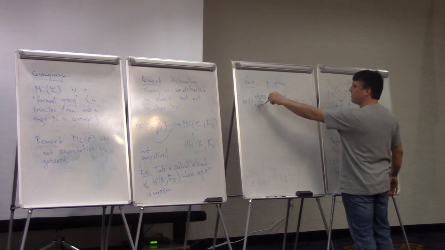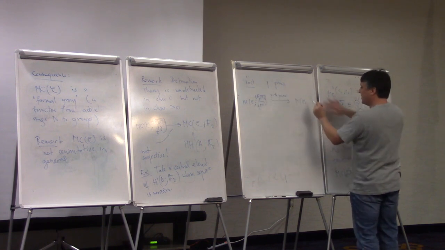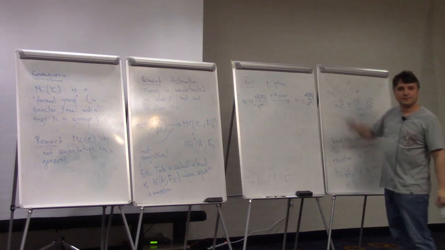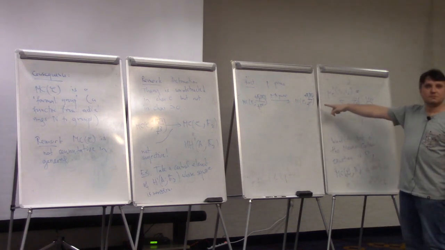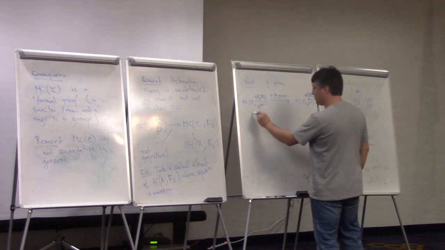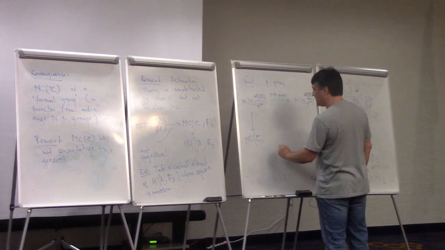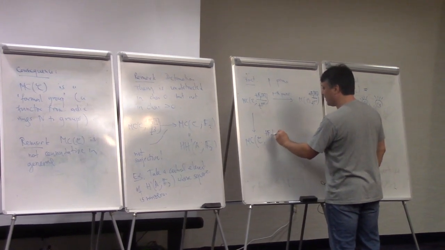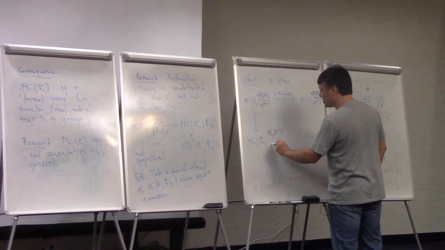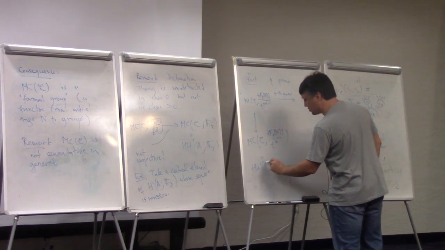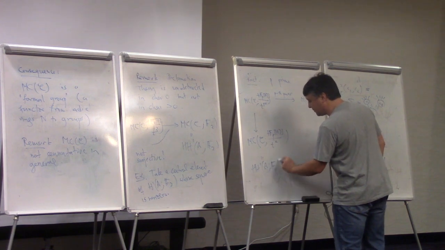So the highest non-trivial power of t is t to the p. And here I do the same thing, F_p[t] over t to the p plus 1. The p power map exists over any coefficient field, but here I want to project to where I divide out by t squared. So this one here is just HH^1 of my algebra with coefficients in F_p.